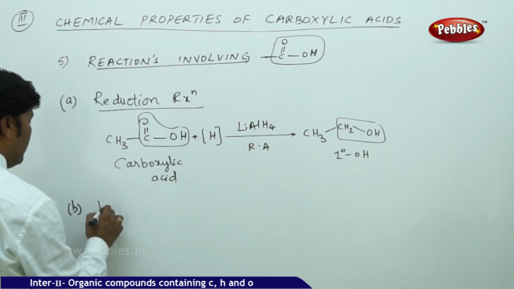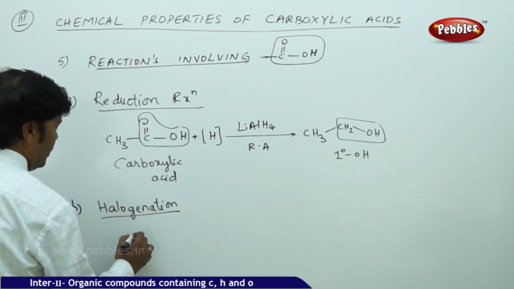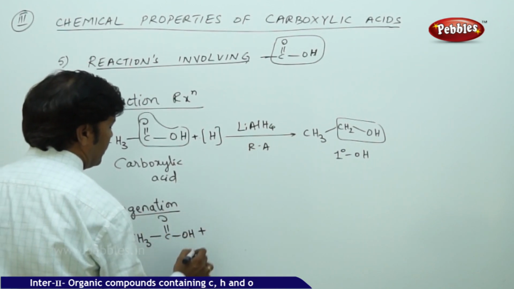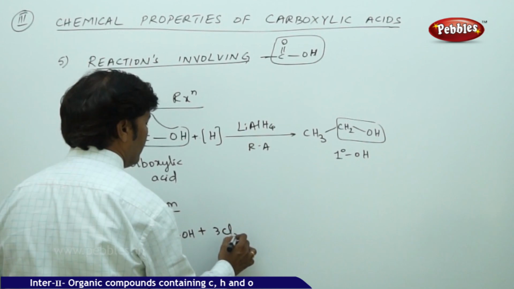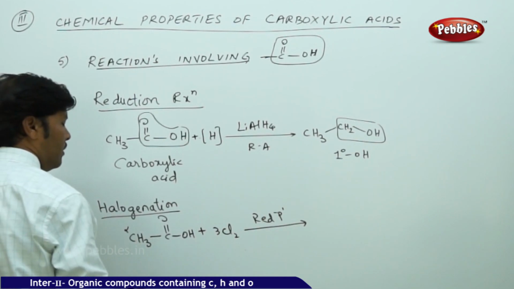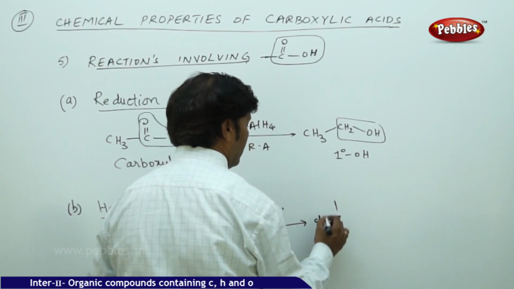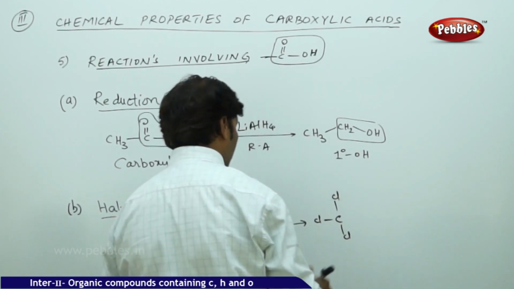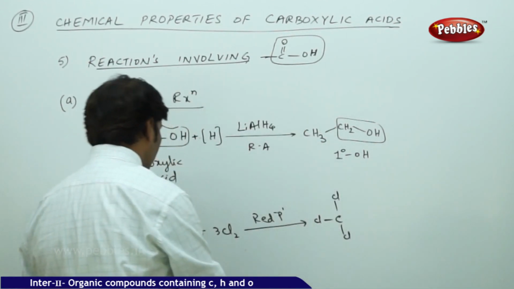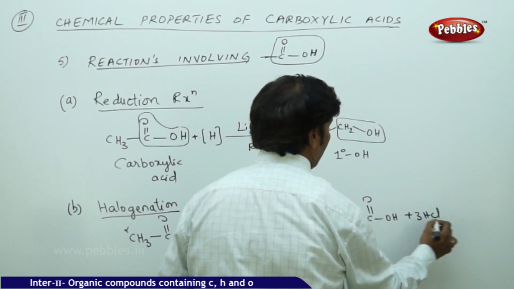if you go for halogenation, second reaction, go for halogenation. In the halogenation, take CH3-C(=O)-OH plus 3 molecules of chlorine in the presence of red phosphorus. This is alpha carbon. All the 3 hydrogens are replaced by the 3 chloro groups. The 3 hydrogens are replaced and the carboxylic group remains as it is, and you get 3 molecules of HCl,